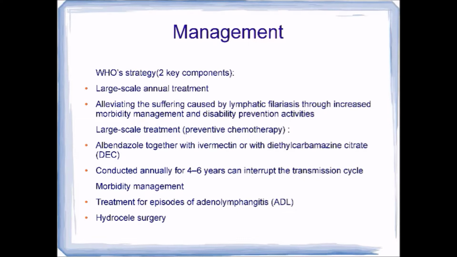For large-scale treatment, which is the preventive chemotherapy, a single dose of 2 medicines is given annually to an entire at-risk population in the following way: albendazole, 400 mg, together with ivermectin, 150 to 200 mcg per kilogram, or with diethylcarbamazine citrate, 6 mg per kilogram. If this measure is conducted annually for 4 to 6 years, it can interrupt the transmission